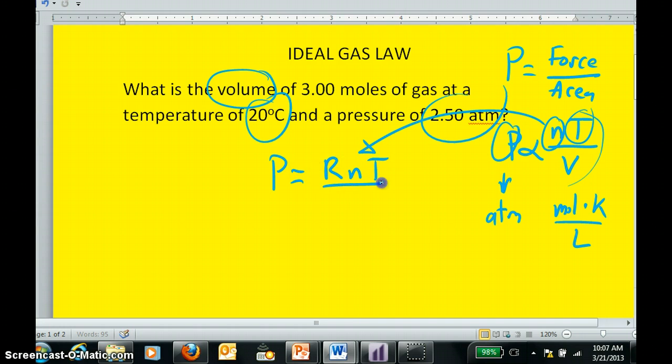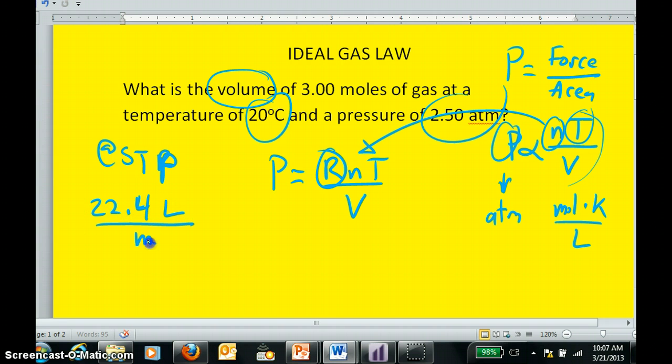gas law constant, R. And if we want to find out what R is, we could do that, knowing a few simple facts. For instance, all gases have the same molar volume at STP. And that molar volume is 22.4 liters per mole of gas. That is true of any gas at 273 kelvins of temperature, standard temperature, and at 1 atmosphere of pressure, standard